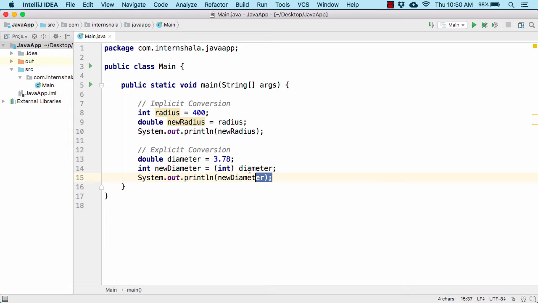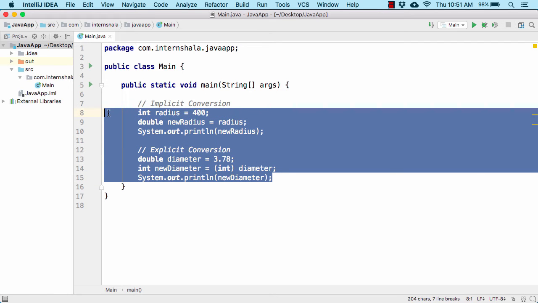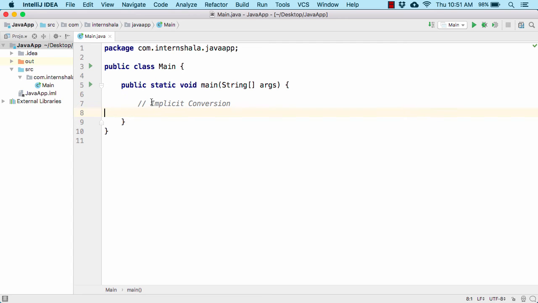So let us check out the arithmetic operator inside our IntelliJ IDE. Let us remove all this code and let us change the comment to arithmetic operator. So first of all, let us explore the modulus operator. If I use 9 modulus 2 and end the statement with a semicolon, then the IntelliJ IDE shows that it is not a statement. When we divide 9 by 2, it gives us some remainder, and that remainder is a result that needs to be stored inside some variable. So on the left hand side, let us use int result equal to 9 modulus 2.